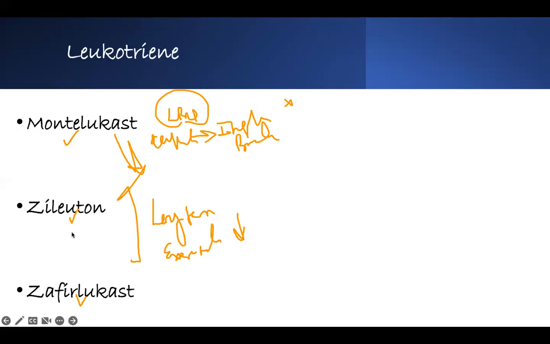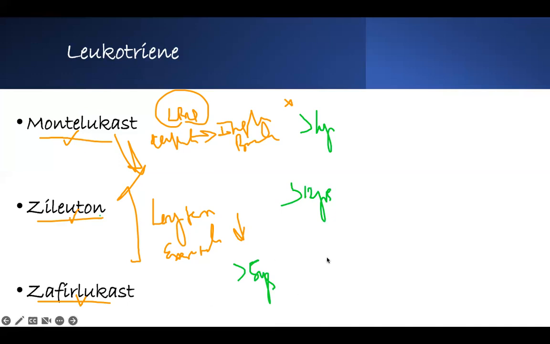Unfortunately, they have side effects, and you see their names, whenever a medication has some fancy names, it's not a good one. The Montelukast, you can use it for kids more than 1 year old. The Zileuton, you have to wait for 12 years. And the last one is Zafirlukast, 5 years. Okay. These two,